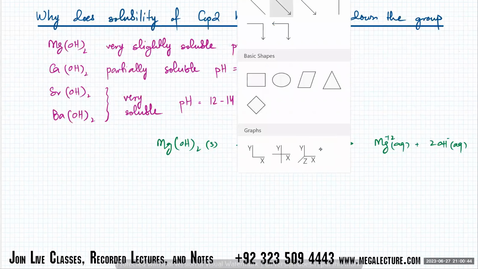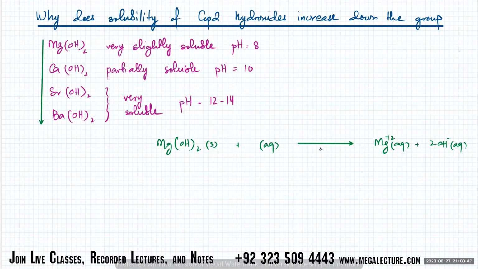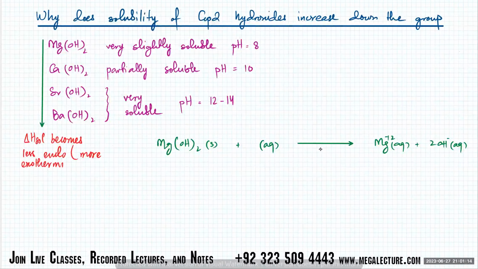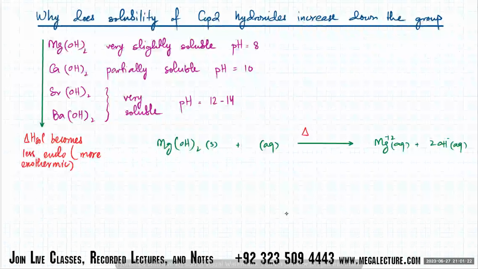So one trend is that when you go down the group, right, basically your delta H solution is becoming less endothermic or more exothermic. Or vice versa, you can say it becomes more exothermic. Okay, that's why it's becoming more soluble. So anyways, right now, this enthalpy change of solution is